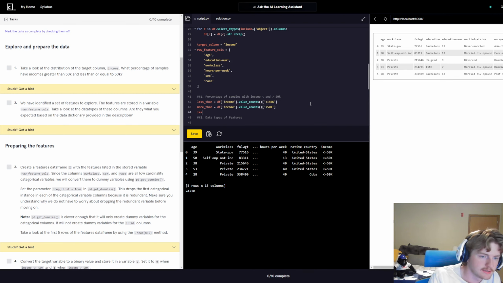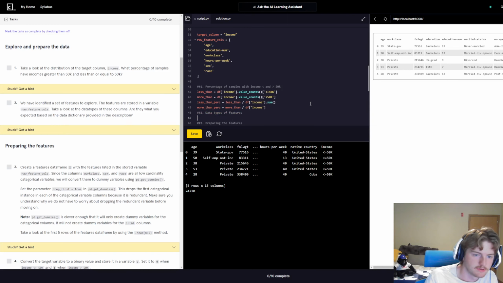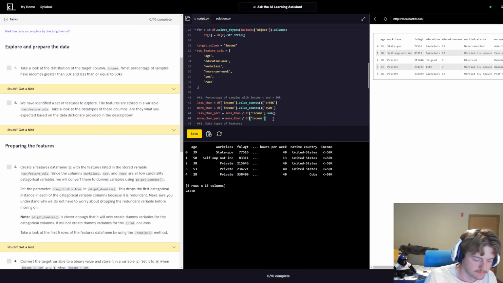Then we'll say less than percentage is equal to less than divided by df income dot, I think I can just do dot sum, and then more than percentage is just going to be the more than divided by the df income dot sum,